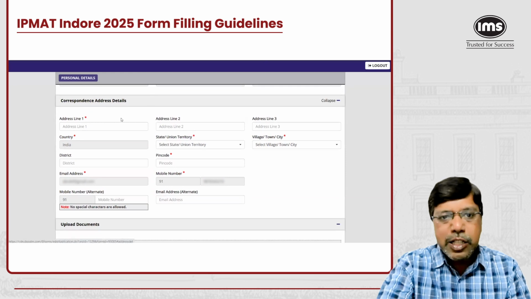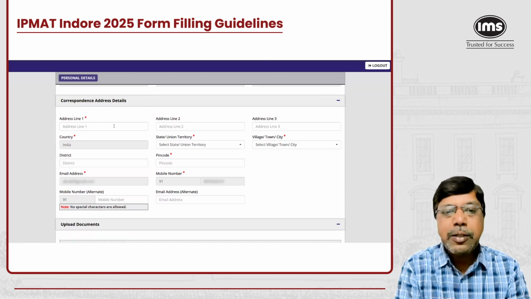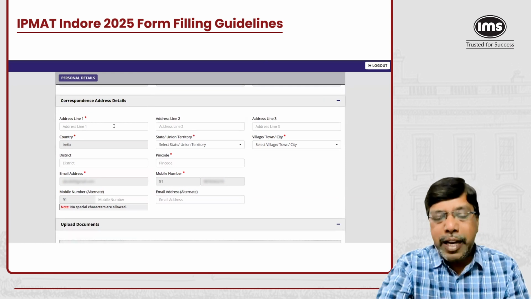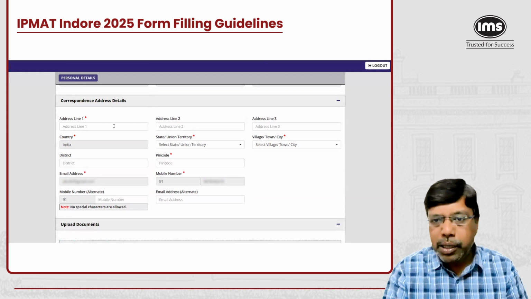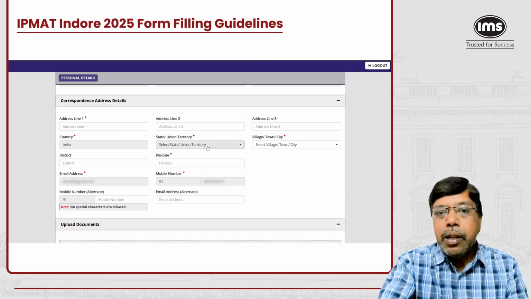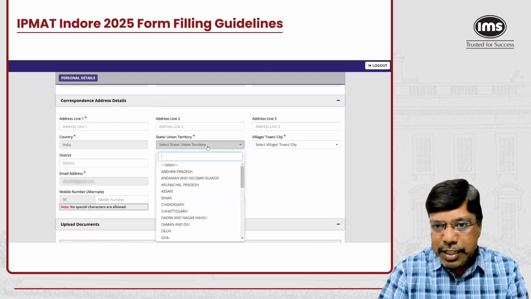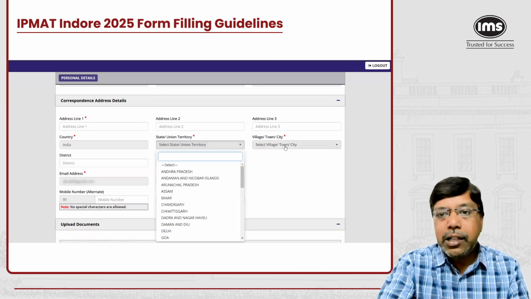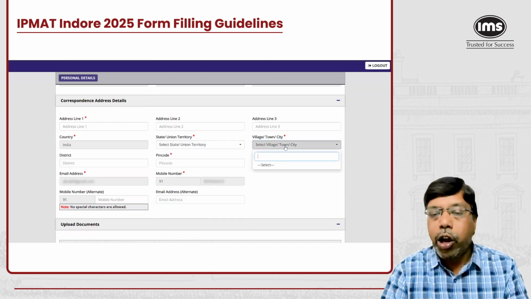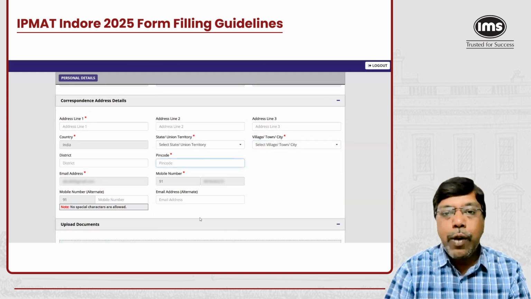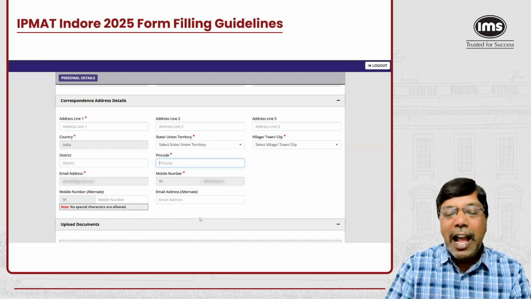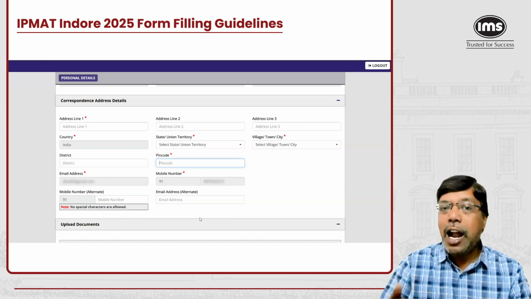In the address details, you need to fill in your address. And once you update the flat number, door number, block number, and all the other details, you need to select the respective state and the respective city or town or village that you belong to. Now enter the PIN code, and here you have an option to provide an alternate mobile number or an alternate